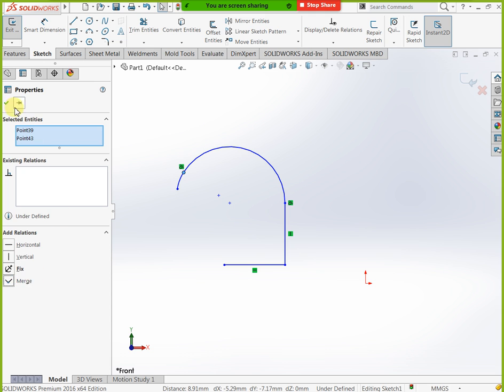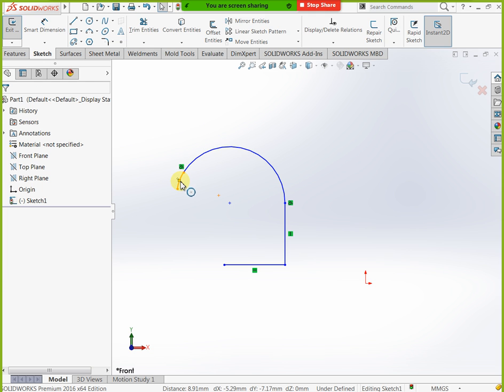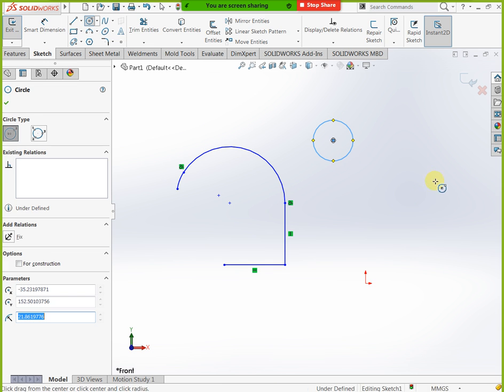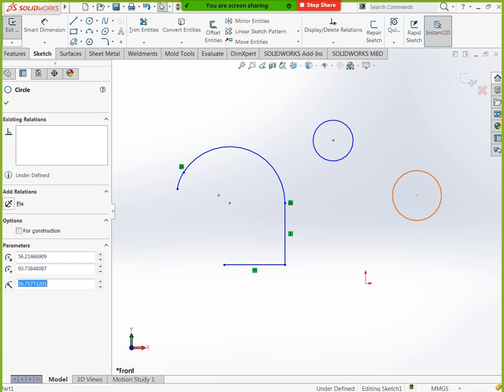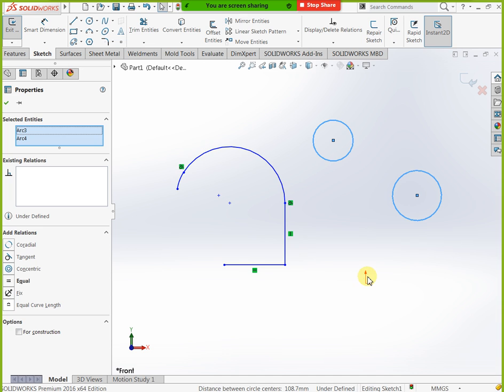Next, after this relation, for example, we have two circles, here one circle and here one circle. Okay, I need to match these two centers. How can we match? You can select this circle and with control, you can select these circles. Okay, for this relations application, if you have two entities, in that condition you can select by using control. Next, here we have concentric, you can select this concentric. See, okay. Next, I'm drawing two lines like this.